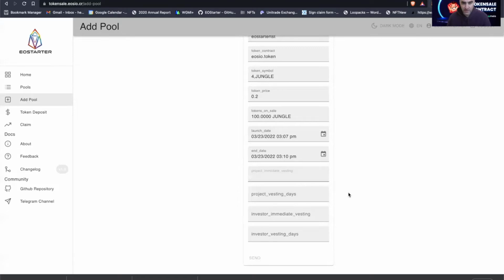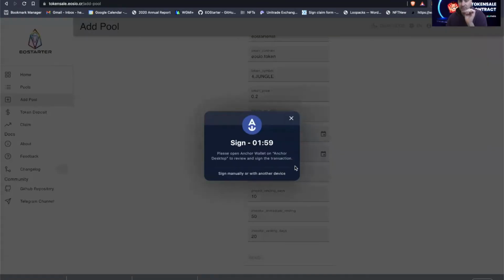Now the project immediate vesting is how much the project receives immediately after the sale, and how many days of linear vesting before the project is able to claim their EOS. The same goes for the investor immediate vesting. So say, for example, 50% is going to be immediately vested after the sale, and then we'll have a period of 20 days for the rest of the tokens to be vested. Now, we changed the days to minutes so that we can run this test successfully, right? So let's try